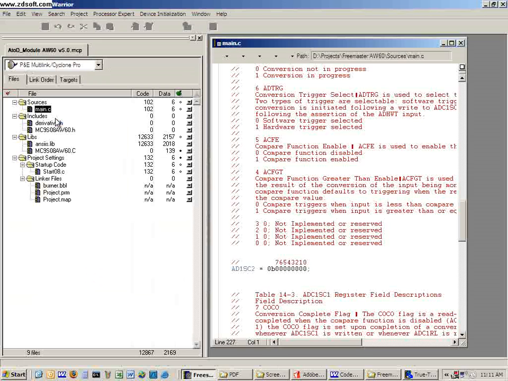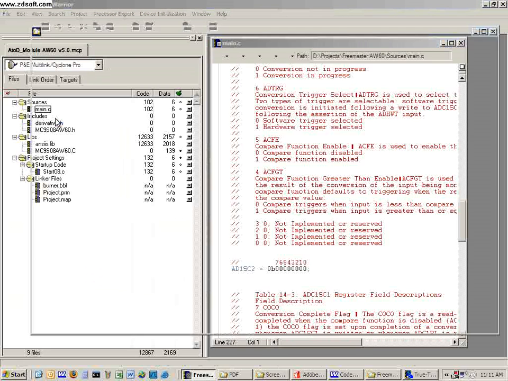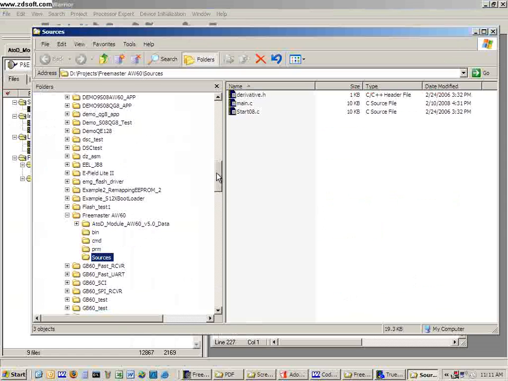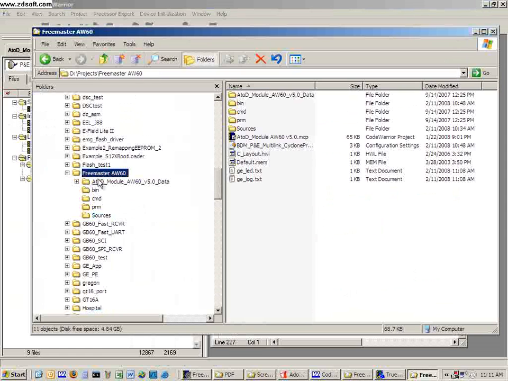main project directory, I mean, you should know what it is anyway, but you can right click on a file within there and say open in Windows Explorer. So that takes me to my FreeMaster project. So I logged the information to gelog.txt. So I'll open that up,